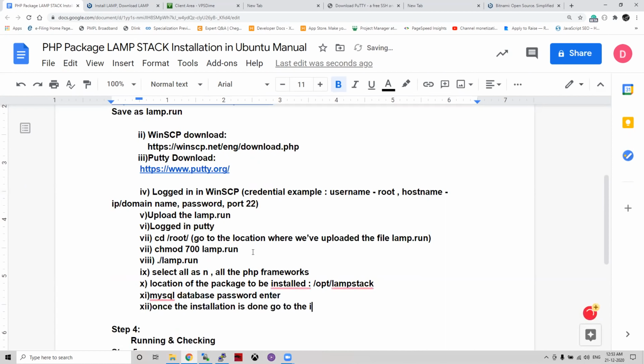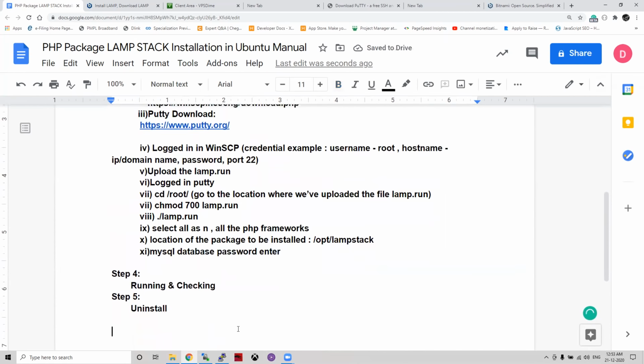go to the IP in your browser, right? If you see, okay. So okay, let me write it there, and I think it will be better for that. So that it should be running and install. So already here installation is done, right? Now it will come under running and checking.